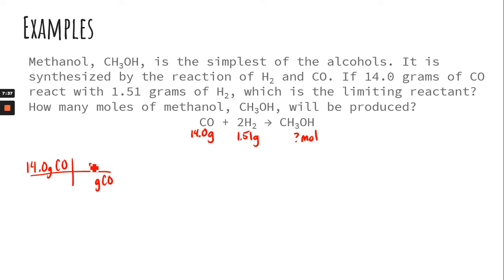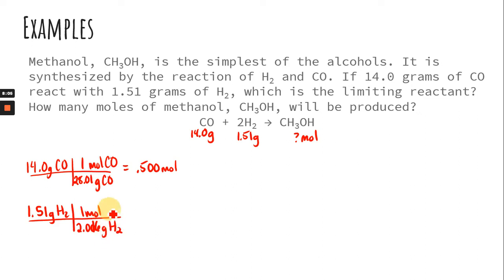So grams on the bottom, moles on the top, 1 mole, and then carbon plus oxygen is 28.01. That gives us 0.500 moles. I rounded it so it was 3 significant figures. Then we have 1.51 grams of hydrogen. Hydrogen's molar mass is 2.016, because there's 2 hydrogens. And that is 1 mole. And so we would get